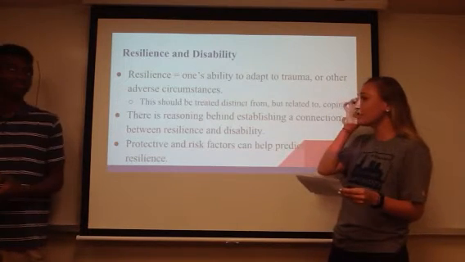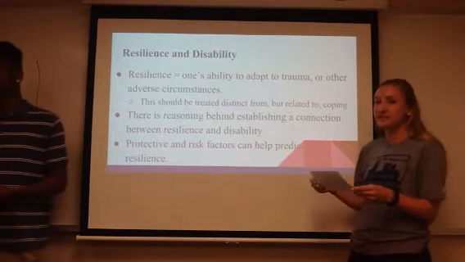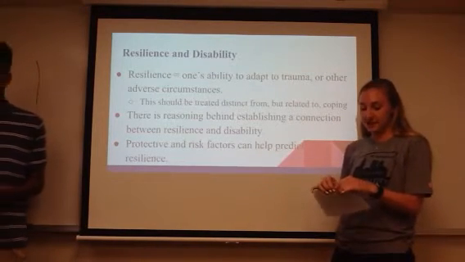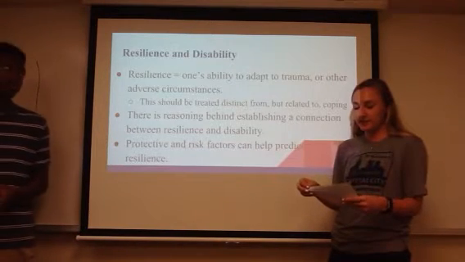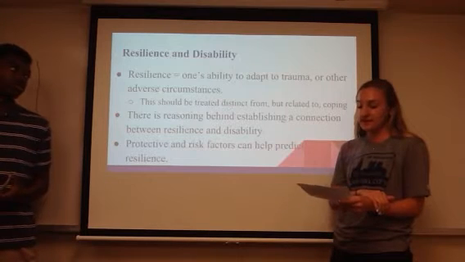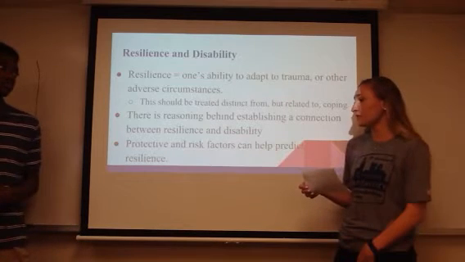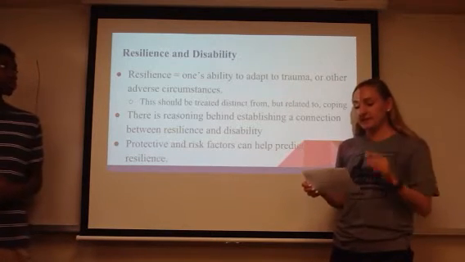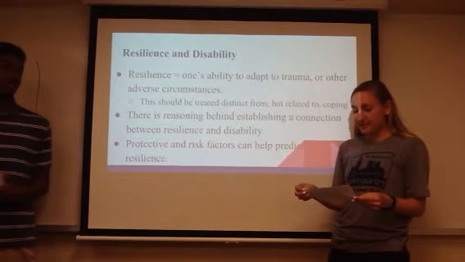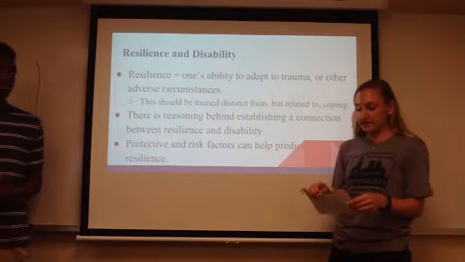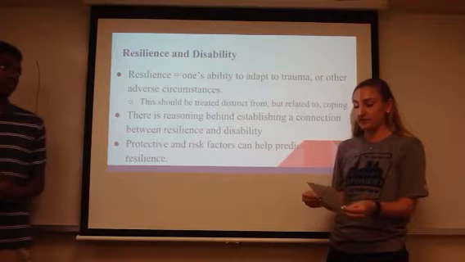She also discusses protective and risk factors that can help predict resilience. These protective factors are environmental, social, and psychological. Some examples of these include community resources, safe housing, secure income, stable employment, and healthy self-esteem. And then the risk factors would essentially be the opposite of these factors, i.e. unemployment, unstable family, unsafe housing, and then some of the other psychological factors include stress, poor communication skills, and poor physical health.